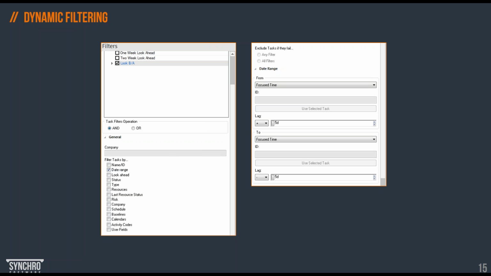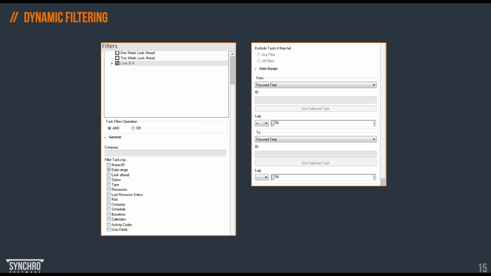We can also filter based on any data field available in SYNCHRO, which is quite powerful, and we can create fluid, dynamic look-aheads, like the screenshot here is showing, a filter that is based on focus time. When you move the focus time in SYNCHRO, the content of your Gantt chart will change dynamically.